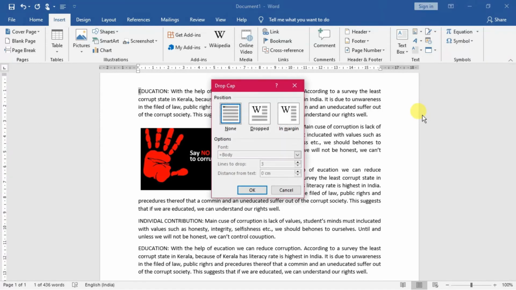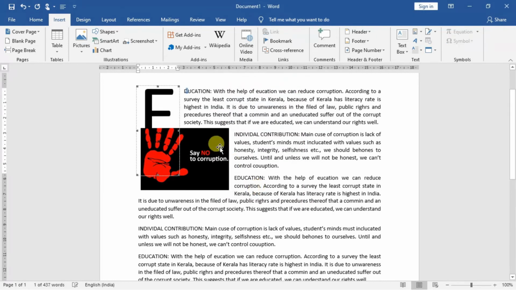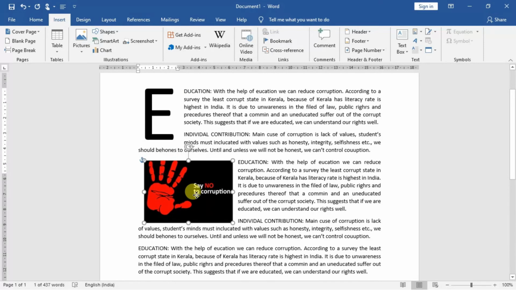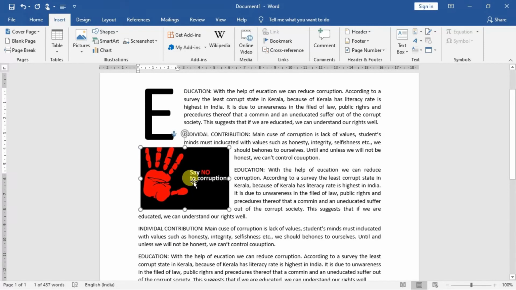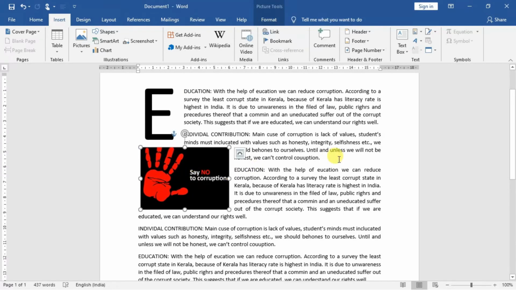Drop Cap Options are also available. You can set the lines to drop to 3 lines or 4 lines, you can increase the distance from the text, you can also choose the font, and then click on OK. So as per the settings, it will take place. Okay, 3 lines, and the size has also been formatted. So this kind of formatting can also be done by using the Drop Cap utility, which is under the Insert tab and Text group, and the Drop Cap options you can see out here nicely. All right, so those are the different types of formatting available.